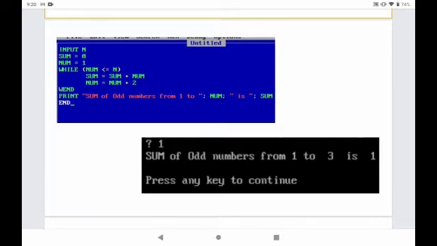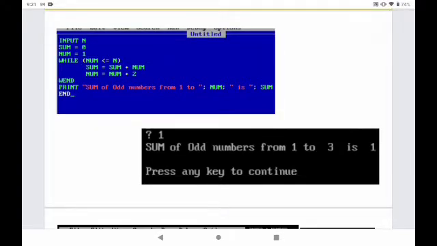So let us discuss the program. At first what will happen? It is inputting some value. Input n. Input n means I can enter any value on my screen, in my compiler area. Then sum = 0, num = 1. So I have declared 2 variables here and 2 values are stored inside those variables.